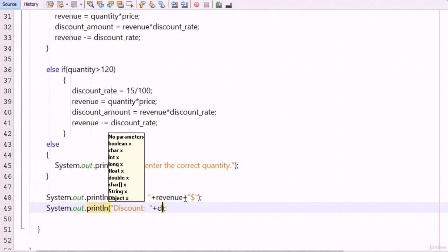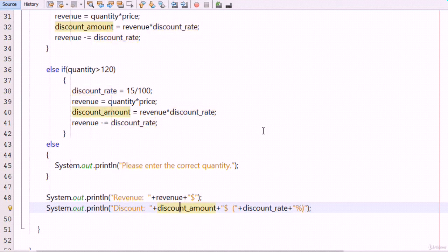and concatenate the discount amount here, like this, and concatenate the dollar sign here, and I also want to print the discount rate, so I type here this, and then concatenate the discount rate, and then concatenation and close the bracket. Before that I add percent here, like this. Okay, so now if I run this program,